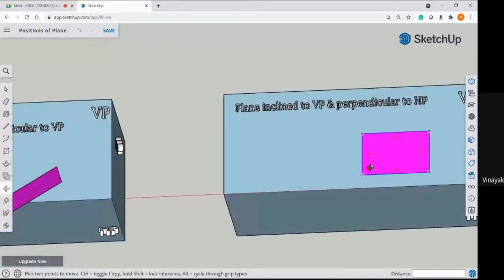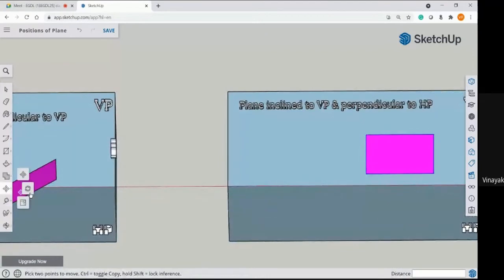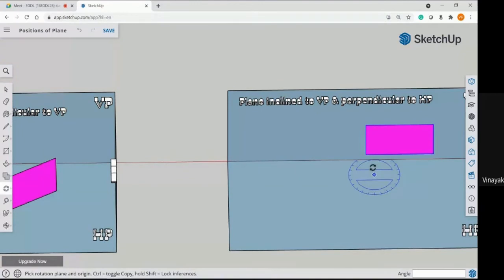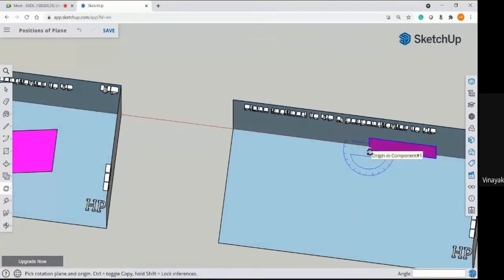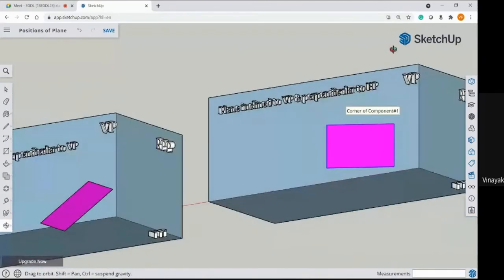Now let me rotate this with respect to the vertical plane. So it is like this. I'm rotating it at an angle. Let me take 30 degrees, same as that of the fourth position. So this is how it is.